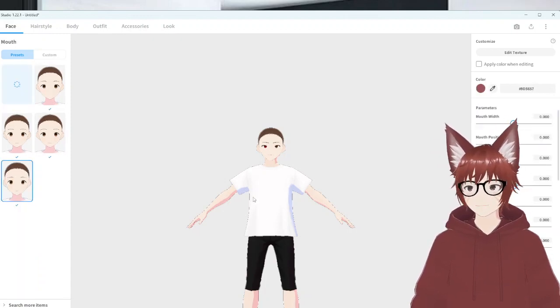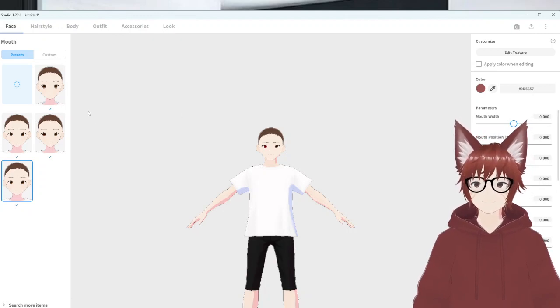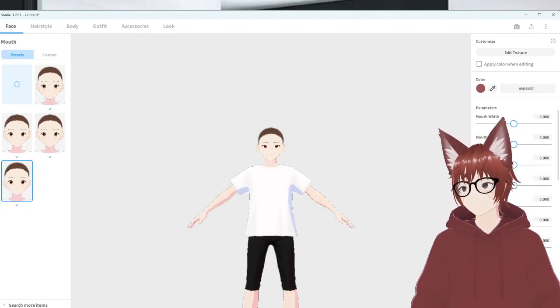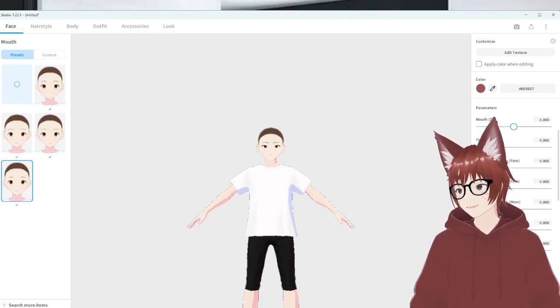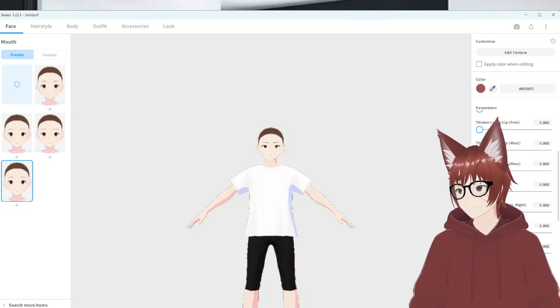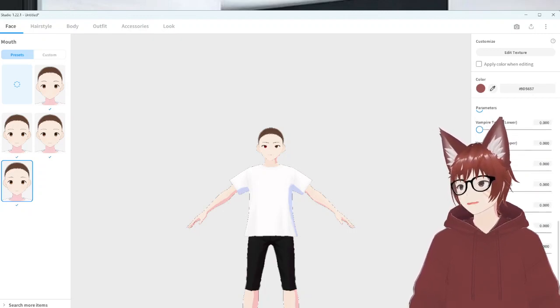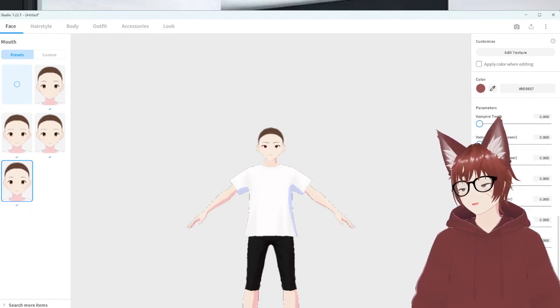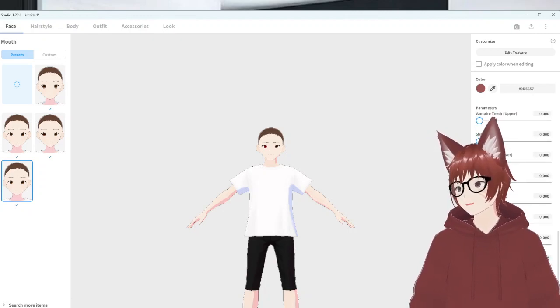Next we have the mouth. Again, you can change up all this. You can even set the parameters. You also have the option of adding specialized teeth like vampire teeth, shark teeth. The vampire teeth are for if you want to look like a vampire, like my friend Xander Crowley. The shark teeth,